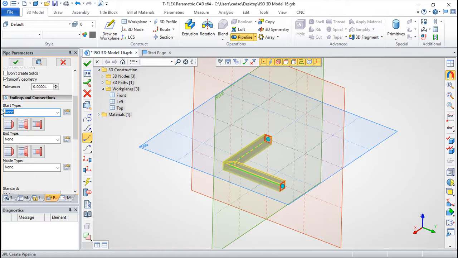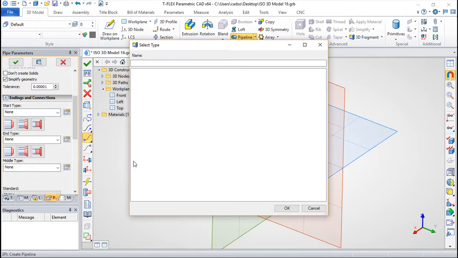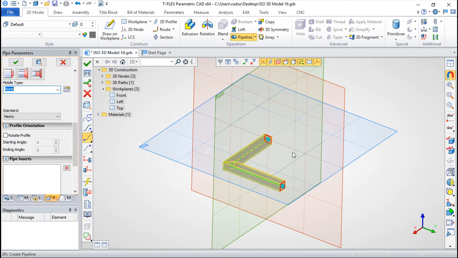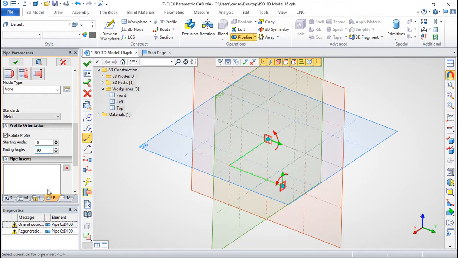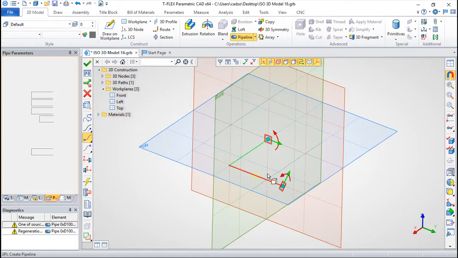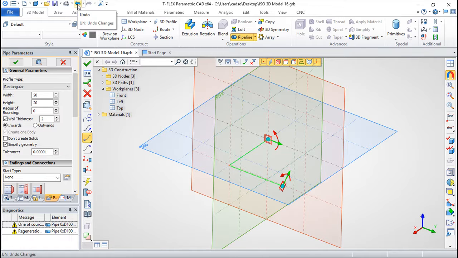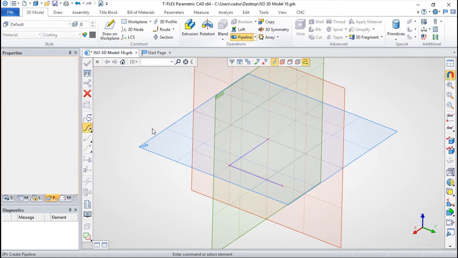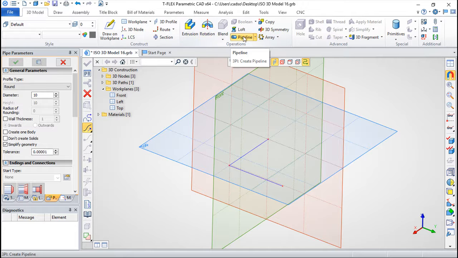But basically we have the possibility to set the start, the end type and the middle type. Okay, we have a lot of things in here. Besides, in these rectangular profiles we can rotate the profiles. For example, something like this. In this particular case I'm not sure what will happen because we have a change of direction. So we can try a simpler